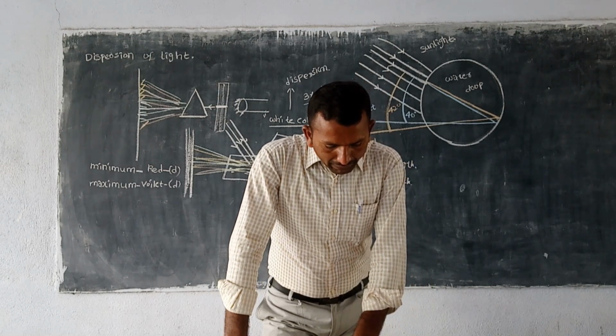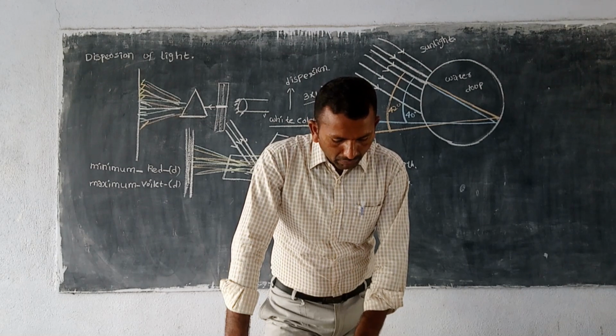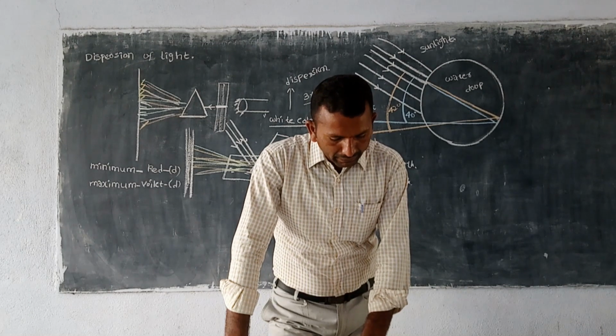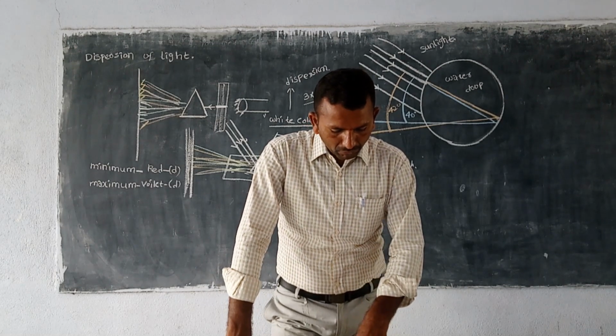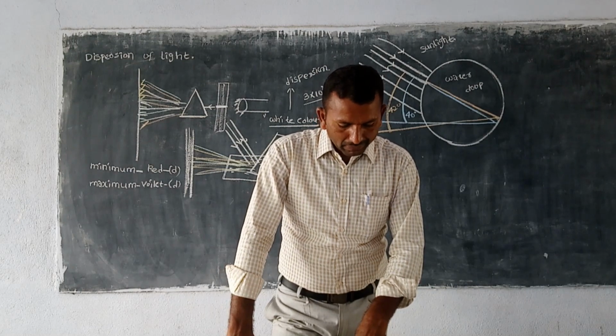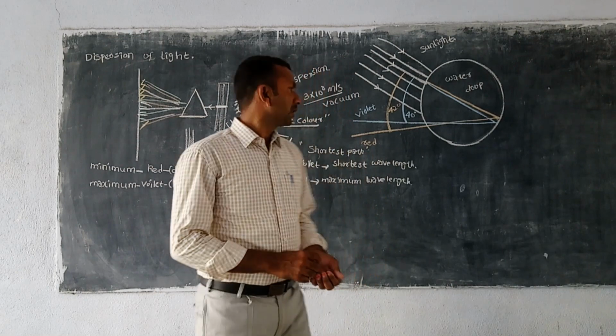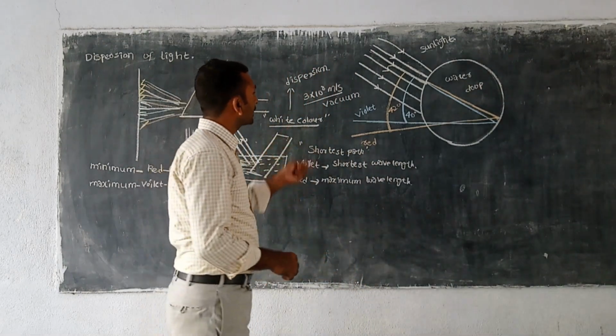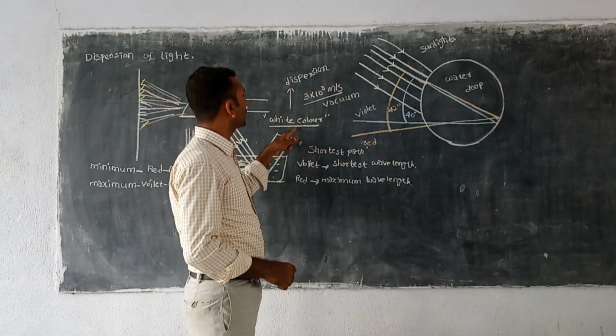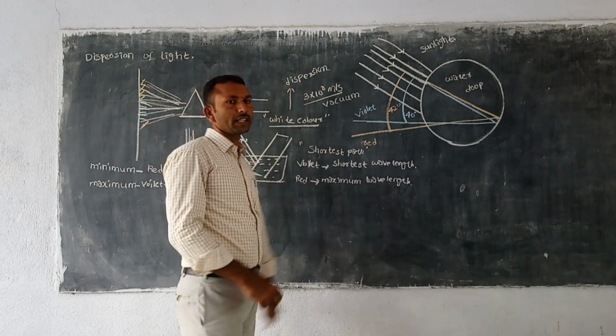So according to the wave theory, light can be thought of as a wave propagating in all directions. Light is an electromagnetic wave. Here no particle physically oscillates back and forth. So here, the group of different colors is known as white color, and this is white color dispersed into different colors.